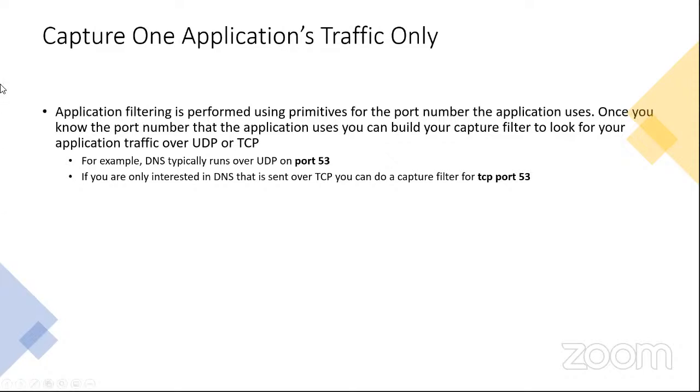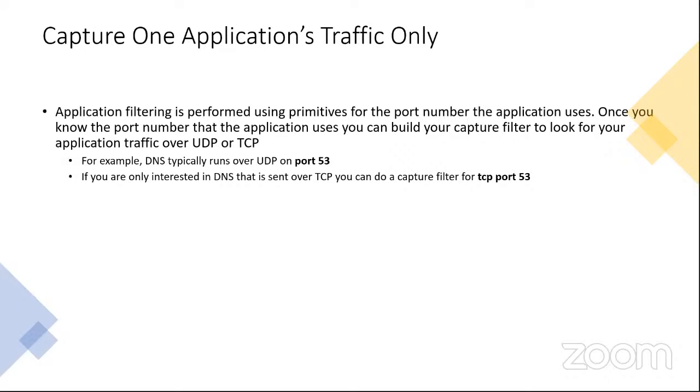All right, so you can also capture only one traffic's application only. If you only wanted to capture, for example, traffic that is running over DNS, port 53, you can do that using application traffic only. If you're tracking one application that's not working, maybe on a particular FTP server or whatever it is you're taking a look at to figure out why it's not working,